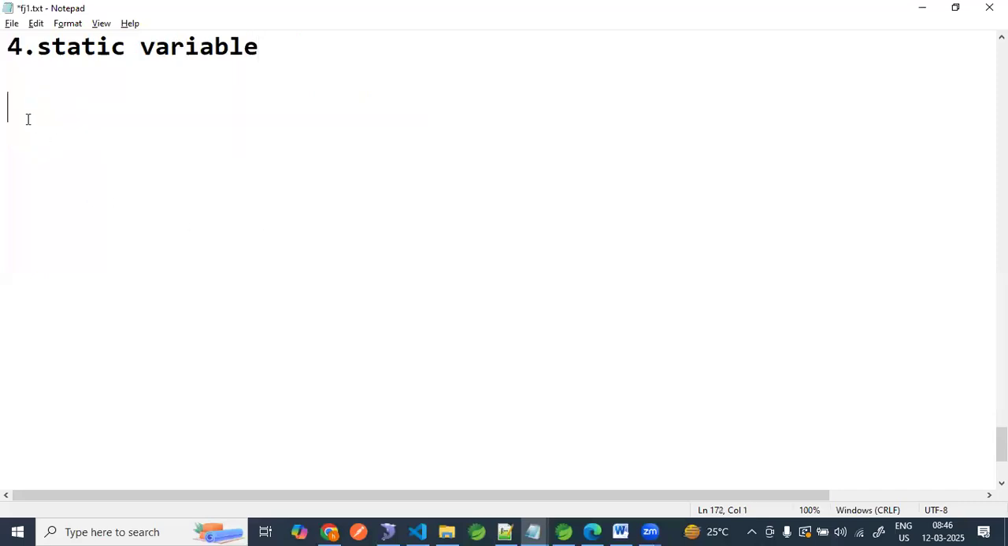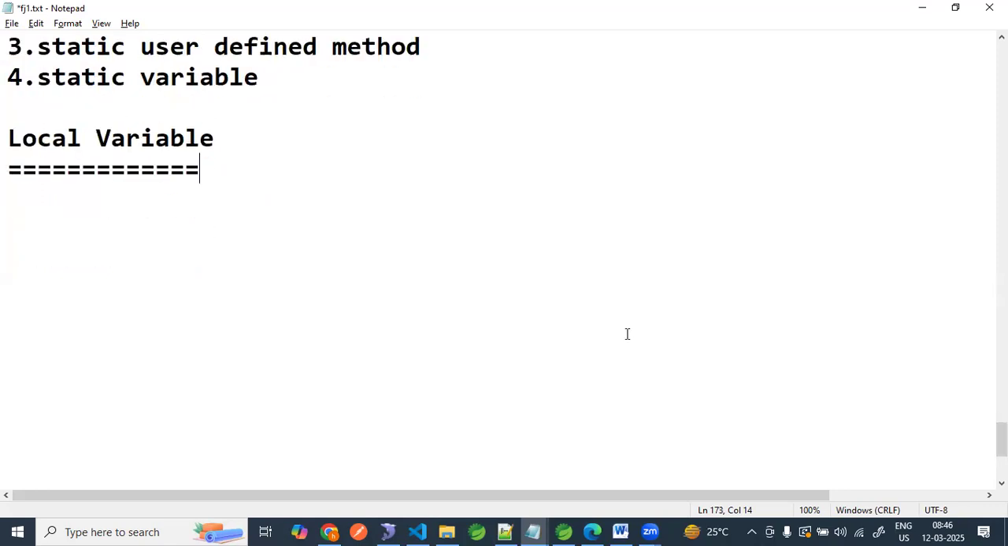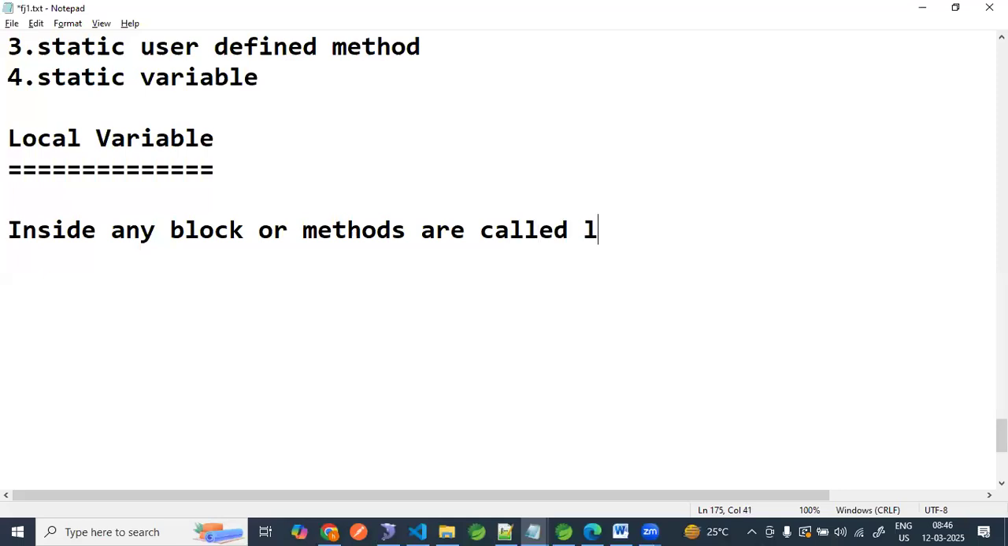Now let's start with today's topic, local variable. You know this variable, but we need to understand why some variables are local, while some variables are global. Now try to observe, what is local? A variable inside any block or method is called a local variable. For example,